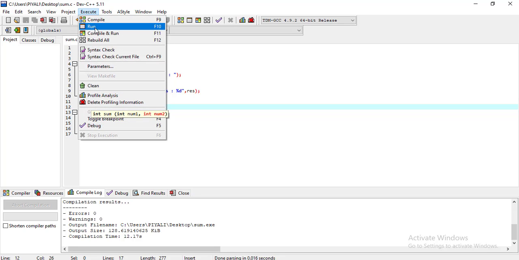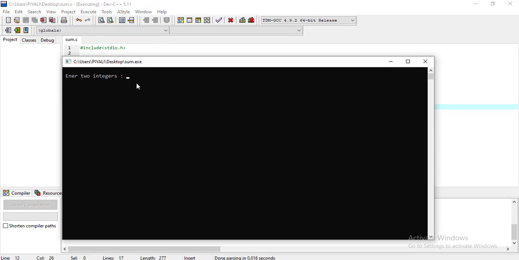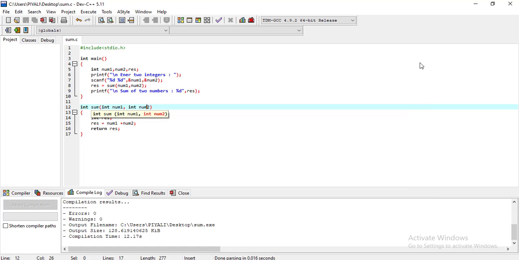Now I am running this code. Enter two integers. I am giving, suppose, 5 and 10. And here the sum of the numbers is 15. So this is the C code.